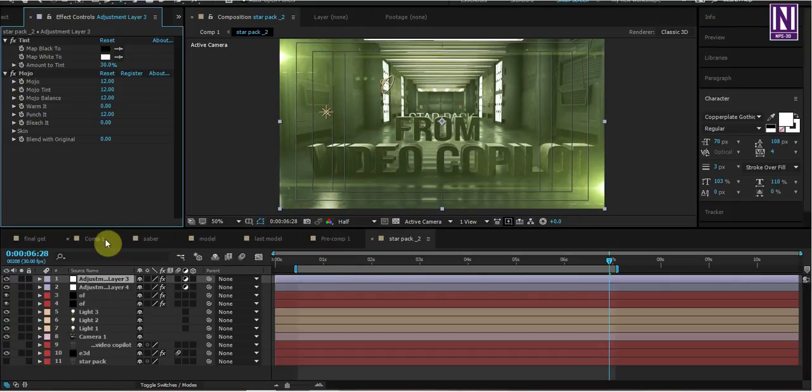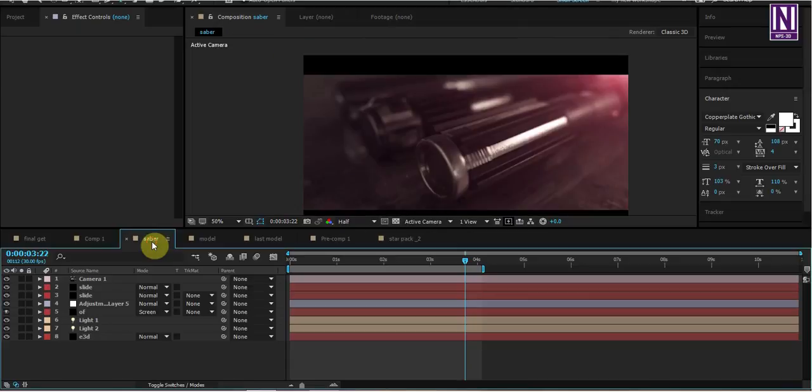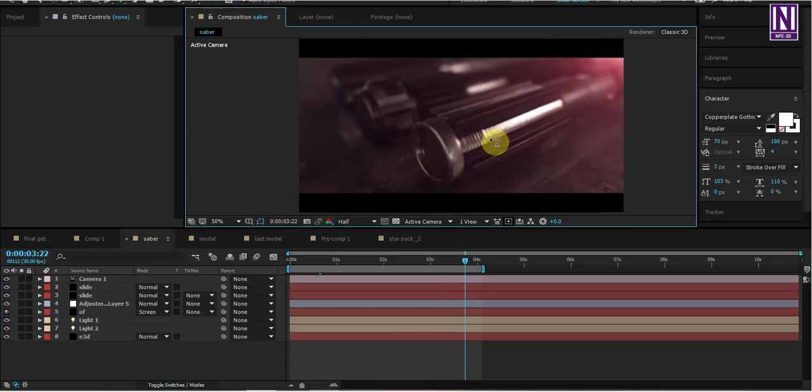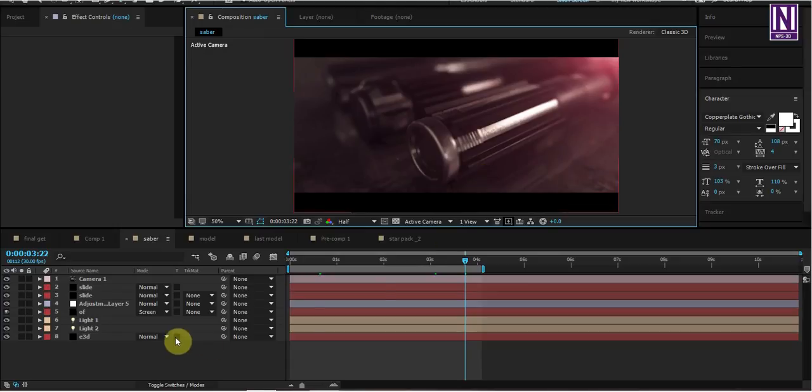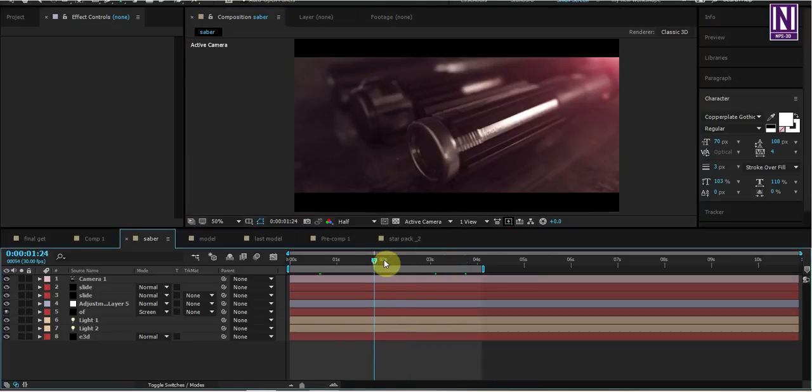So moving on to the next, the saber. I am excited about this, and it is very easy. You can make it within 10 minutes, I think.